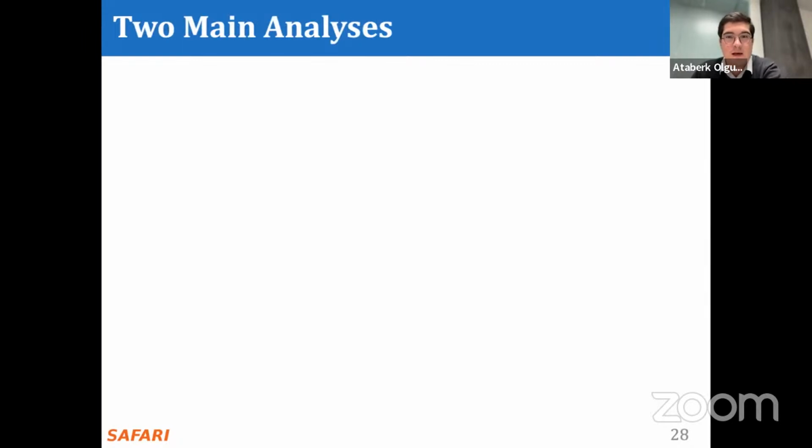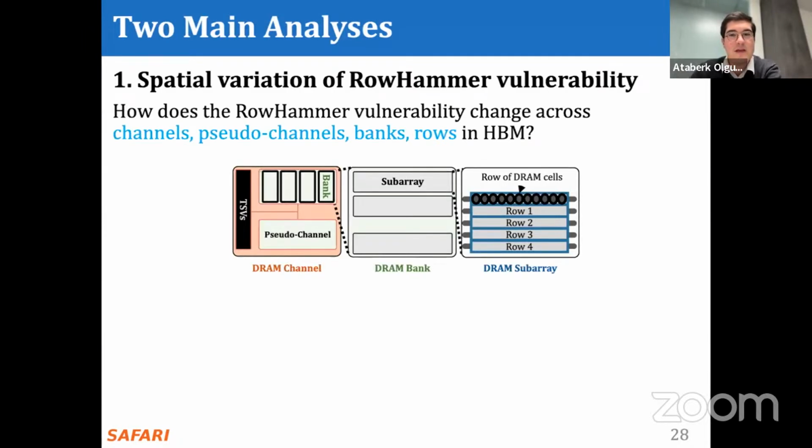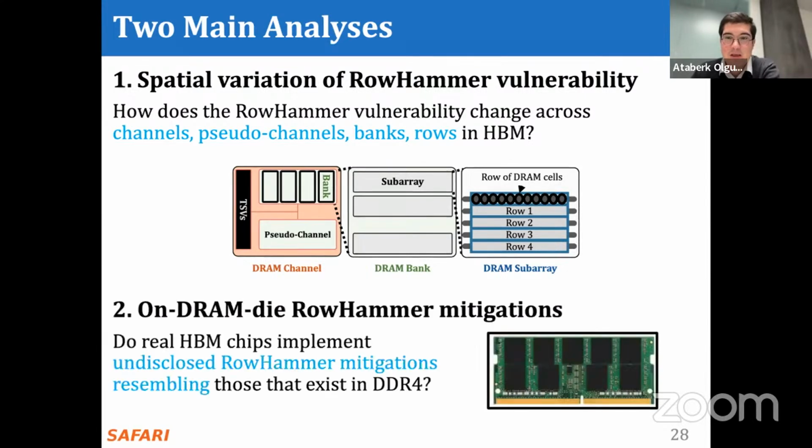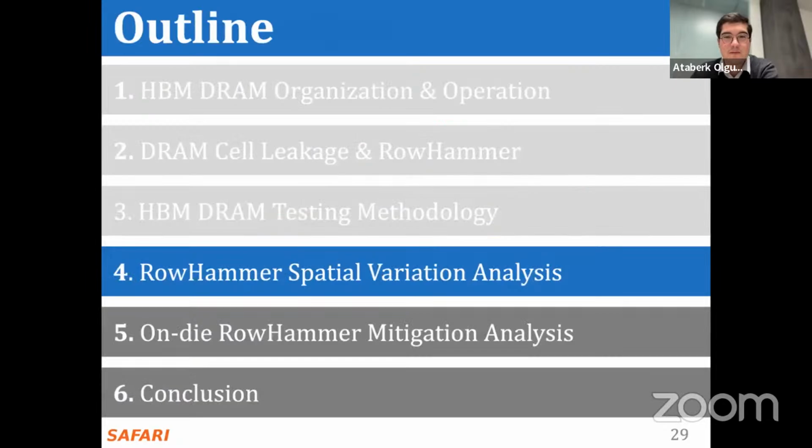We have 2 main analyses in our study. First, we investigate how the RowHammer vulnerability changes across different HBM components in terms of bit error rate and the number of aggressor row activations to induce the first bit flip. And we investigate if the HBM2 chip implements an undisclosed RowHammer mitigation mechanism that might resemble the ones we have previously found in the DDR4 chips. I'll start by sharing the results of our first analysis,